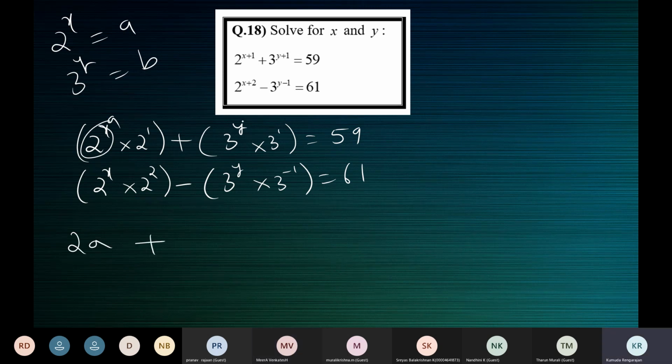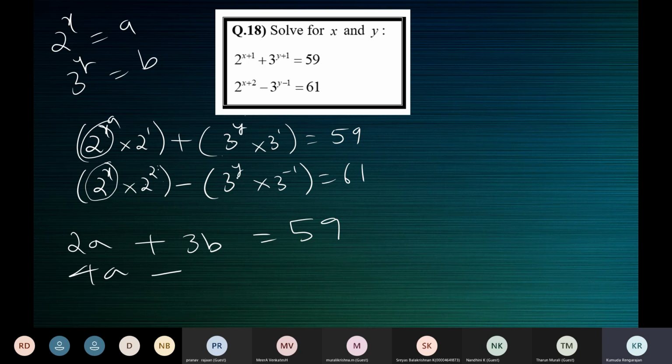Plus 3 to the power y is b, so it will become 3b, is equal to 59. And here 2 power x is a. So 2 square is 4, and it becomes 4a. 4 into a, 4a, minus